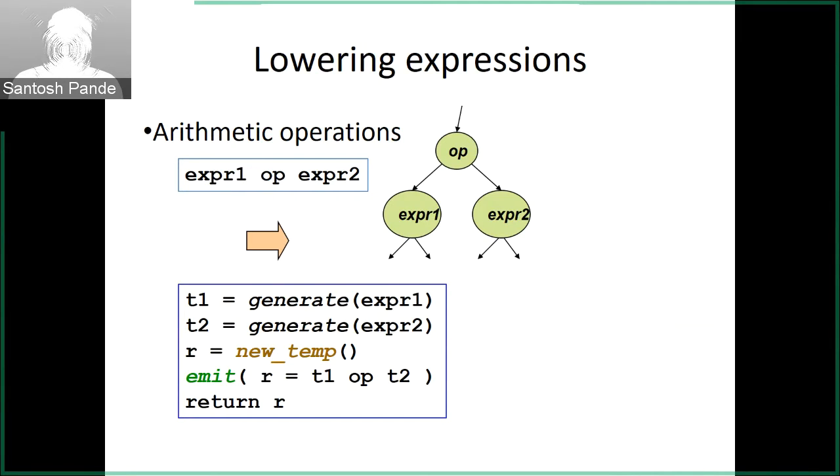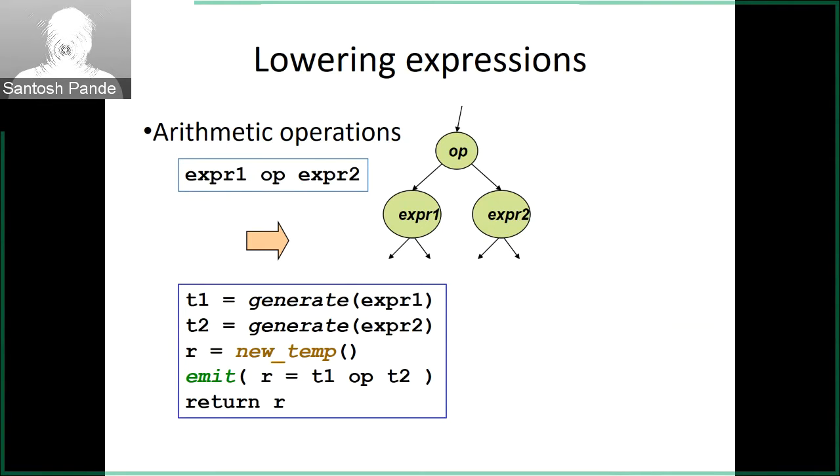So here is the simple algorithm which I just mentioned, how that will operate. We'll have a generate function at the op level, and that generate function will invoke another generate function for expression 1. Its goal will be to generate the code for expression 1, and